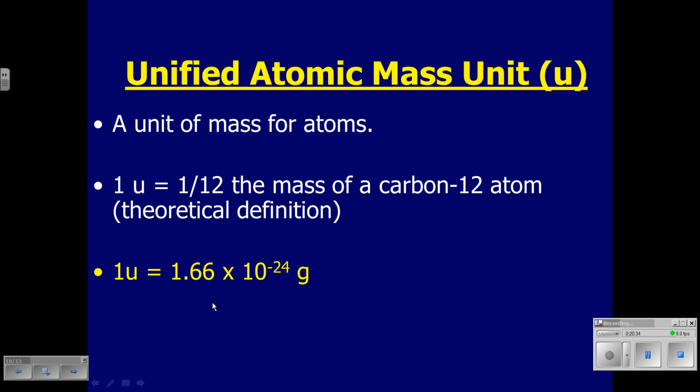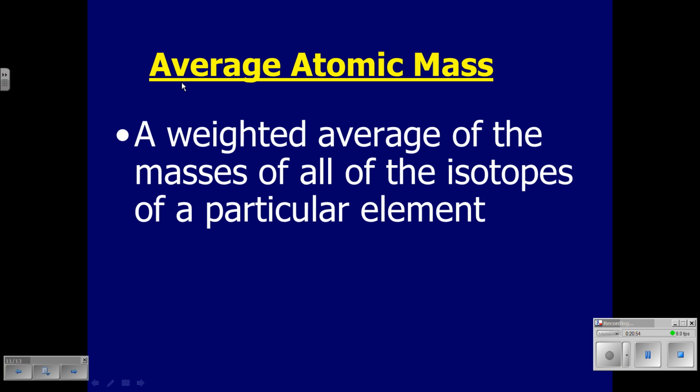And we can actually weigh that. We now know it's equal to 1.66 times 10 to the minus 24, a phenomenally small mass. Don't worry about that number. We may use it in the future. We're not going to use it right away, but protons and neutrons are not very heavy. They're quite light. So the average atomic mass is a weighted average of the masses of all the isotopes of